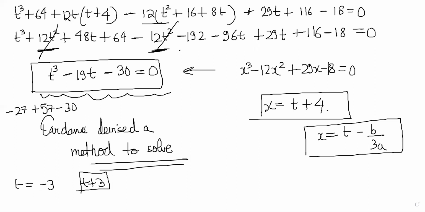Let's get to the Cardano proof, right? So let's say this is the cubic equation in front of us, and we want to solve this cubic equation. What we have done so far is we know any cubic can be converted to this form by doing the transformation that we just now saw. So basically, as soon as you see a cubic equation, you have to ensure that the quadratic term is vanishing. If it is already not there, then you are set. Otherwise, you have to do that transformation.